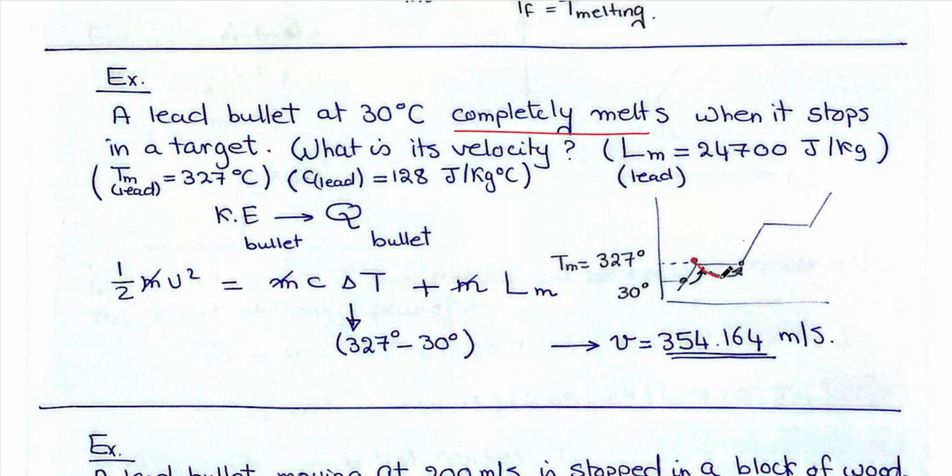Then it will melt from solid to liquid using mL_m. So the kinetic energy will be used to do two steps. First, to increase the temperature of the bullet from 30 to 327, mc delta T. Then it will melt all the bullet. Another example,